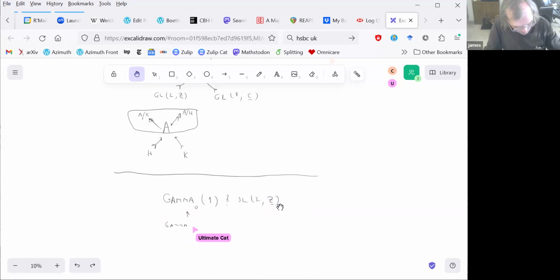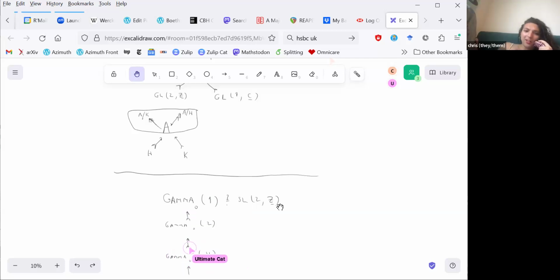Gamma 0 sub 2, and so forth. What I mean by so forth, in this case, is gamma 0 of 4, because to get the comparison maps, I need the divisibility here. So if I just keep on taking powers of 2, I'll get the